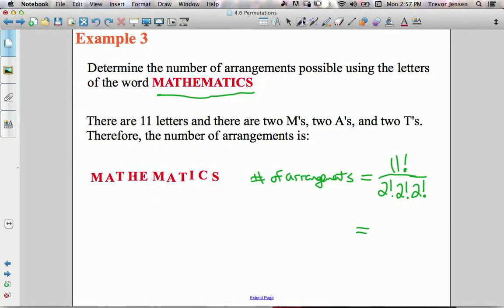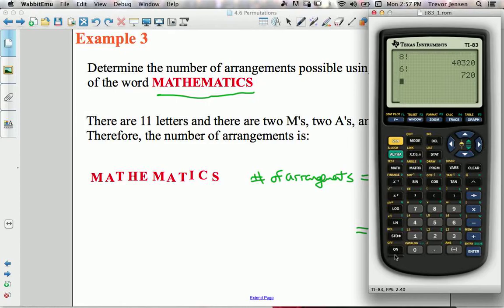So let me show you how to type this on your calculator here. I want to do 11 factorial, 11 math, probability, factorial, then I want to divide that by 2 factorial times 2 factorial times 2 factorial. Now, working with small factorials like that, I know the answer is just going to be 8, but if you had bigger factorials, you might want to just type the whole thing on your calculator at once. Make sure you put the denominator in brackets so your calculator knows to divide by the product of all 3 of those things. So divided by 2